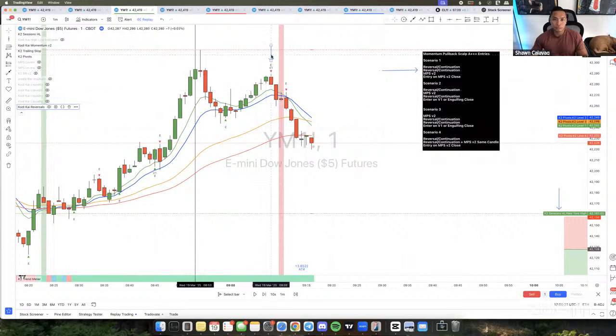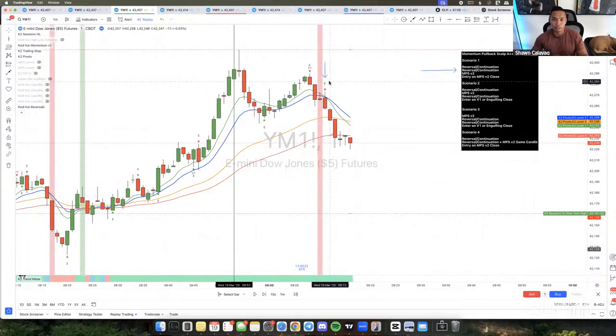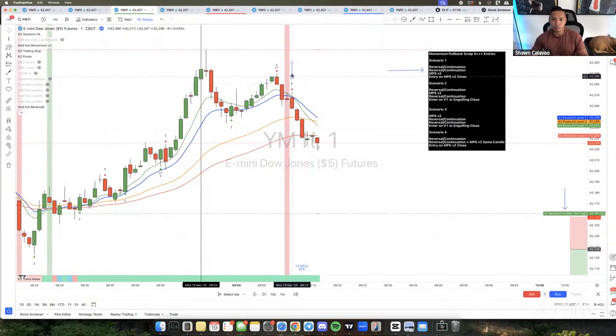And then you got another engulfing right here, right? So first one, reversal continuation right here. Second one, reversal continuation right here. And then see how we have the sell signal? It pushes down a bit, retraces right here. And then the MPSv2 sets up on this candle, right? Because you have a sell signal, price pushes down, retraces, comes down. We got the reversal continuation, reversal continuation. This is the MPSv2.